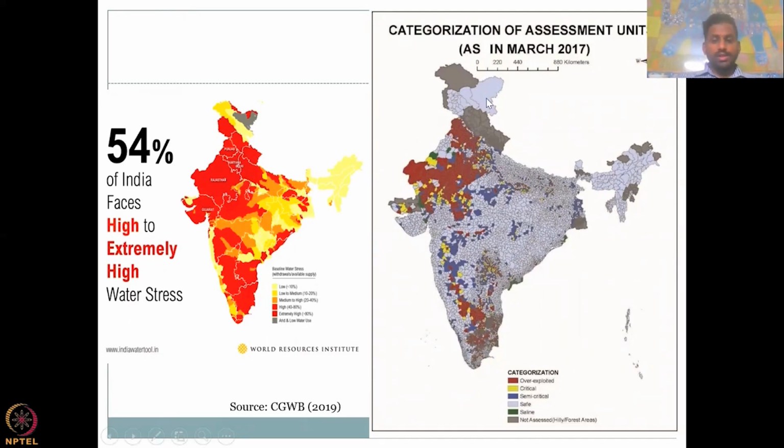So what you can see here is that the blocks are in correlation, or in agreement, with the WRI indicators of water stress at a state boundary. Rajasthan is in red, where the water stress is high to extremely high across the state, and that also corresponds to really overexploited scenarios in the groundwater. So the stress is already there,